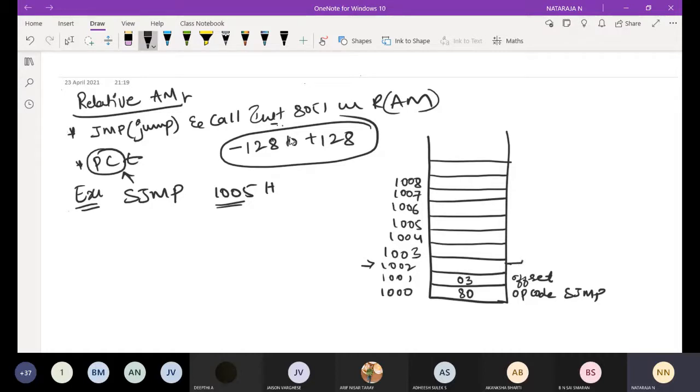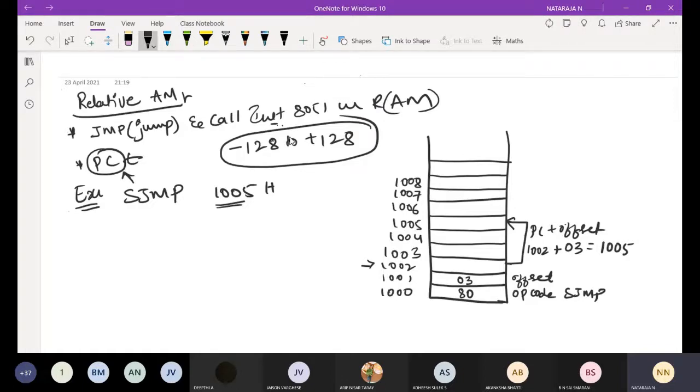Now it will be going to 1005, meaning program counter plus offset. What is your program counter? The program counter is at 1002 plus the offset, which is 03. That will be equal to 1005. It will jump to 1005. It starts at 1000, which is the opcode of the SJMP instruction.